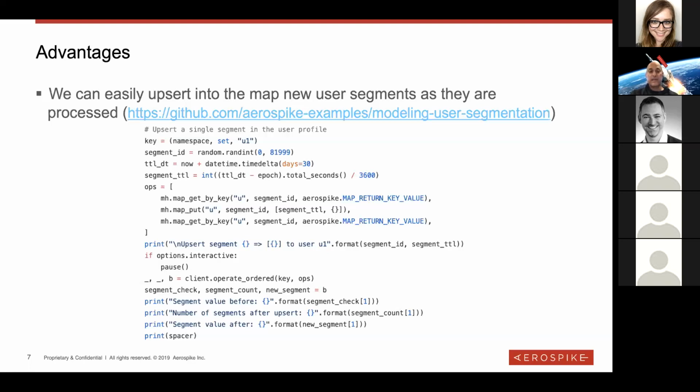And first thing, this ops thing, this is a multi-operation transaction. Aerospike does not do transactions on multiple keys, but it can do multi-operation transactions on a single row or a single record in Aerospike terms. So what I'm doing here is getting a specific segment by key. So the map get by key operation, obviously I have a k-ordered map, and it's going to be very efficient if I do that. I'm also going to put a single segment in there, and in this case, I'm just changing the segment TTL really, and then I'm going to get it.